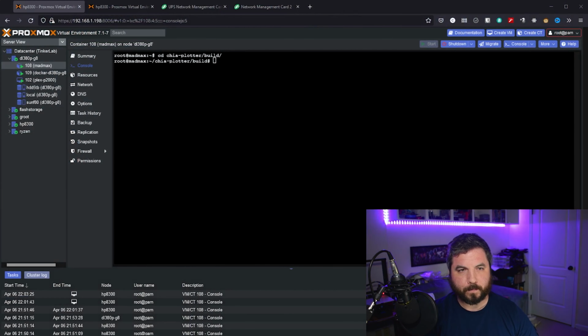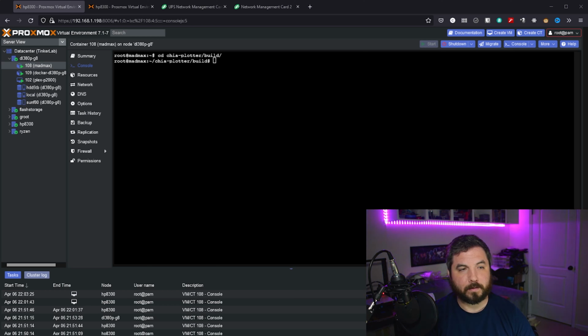Okay. So I'm running Proxmox 7 and I have a Madmax Linux container that I've set up. With that, I've already downloaded the required materials for compiling, building and running Madmax. So we're just going to jump into this today, and I'm going to show you the script that I put together and how it optimizes your resources and gives you the best performance that you can get on your system